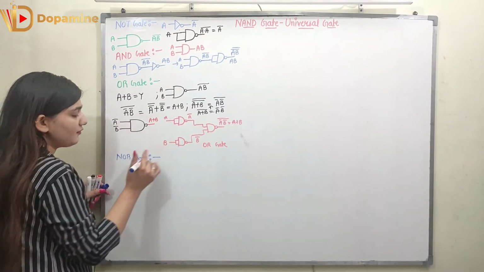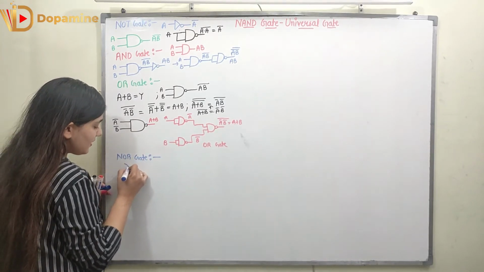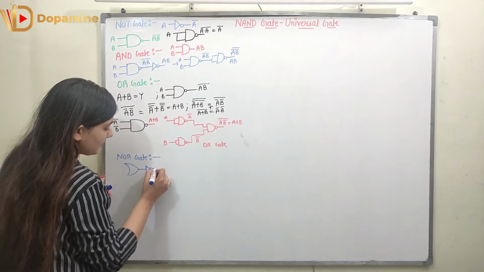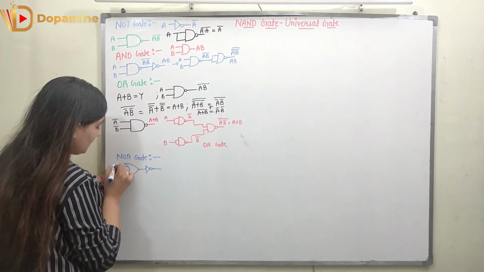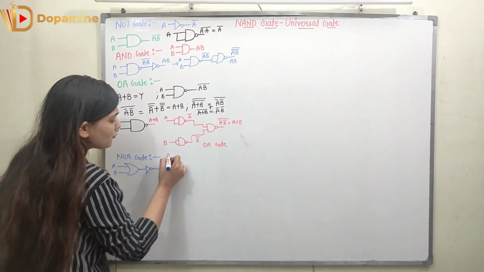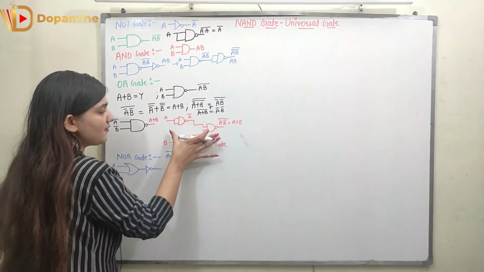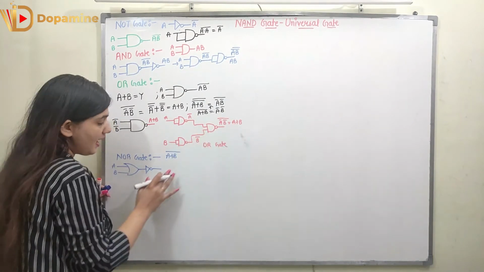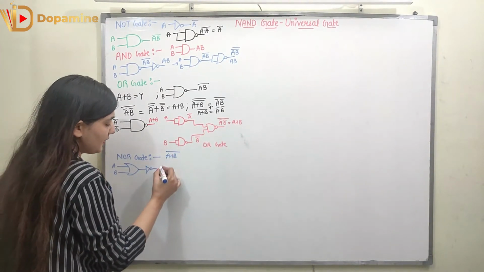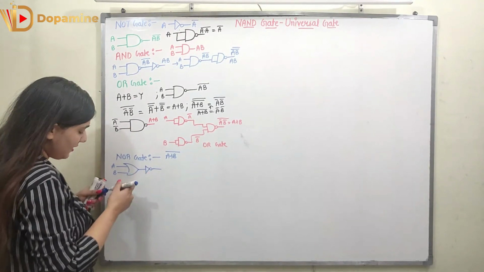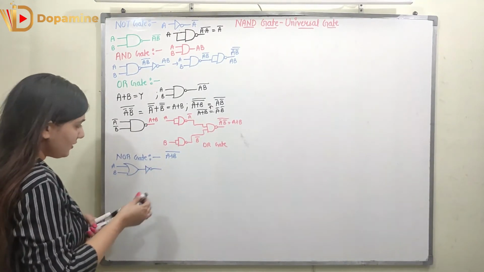Right? If I have the OR gate, the NOR gate is the OR gate plus the inverter. So if I have two inputs, the NOR output is A plus B whole bar. So from here with the help of this structure I got A plus B. I want A plus B whole bar. So what I'm going to do is use this structure, then I will use an inverter. Right? So let's make it.